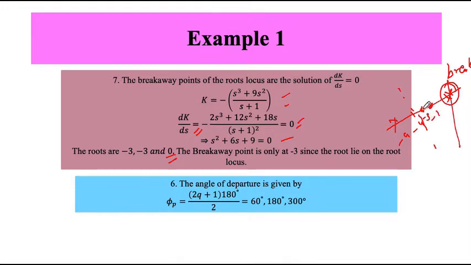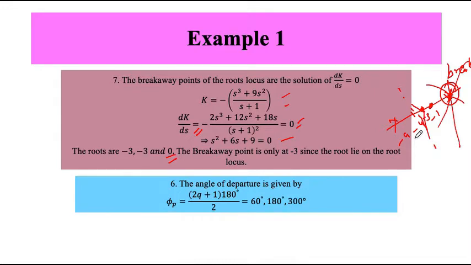Again, they will move towards infinity at an angle of +90 and -90, the angle of asymptote. Now which direction do they go? They never go to the right-hand side, because they are not crossing my imaginary axis. By Routh's criterion, that is satisfied: no root is on the right-hand plane. So they just have to be somewhere here only.